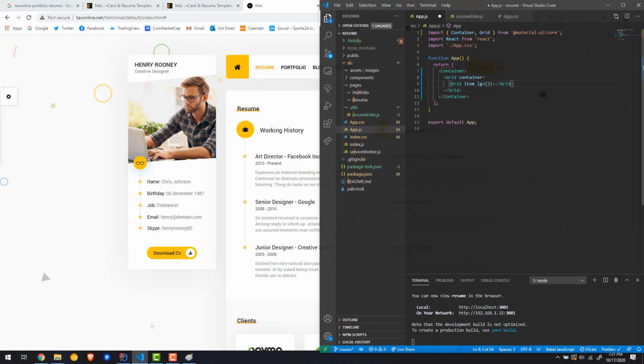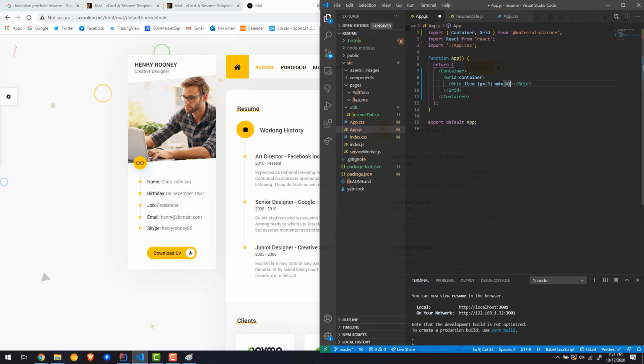And when it's a screen size of medium, let's have it as 4, right? But if it's the screen size of small, if you don't define anything, by default it's